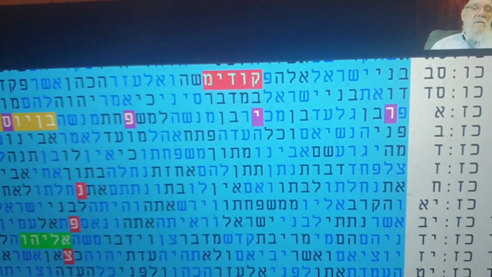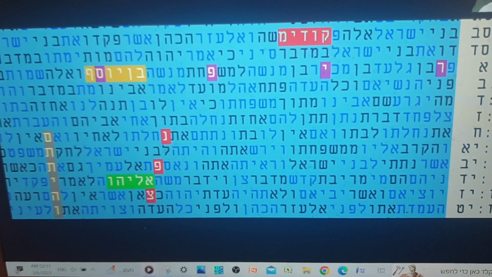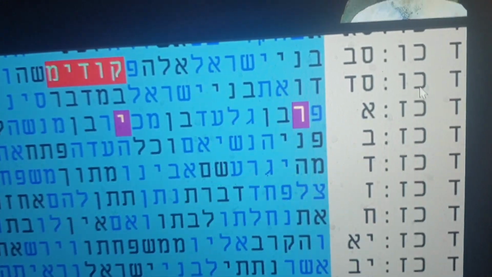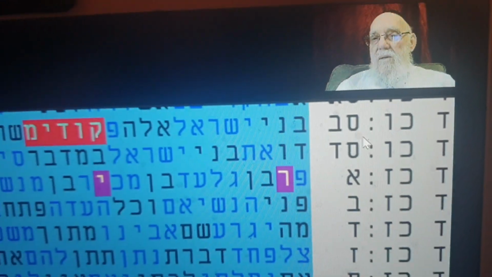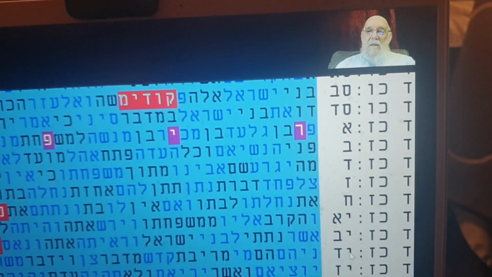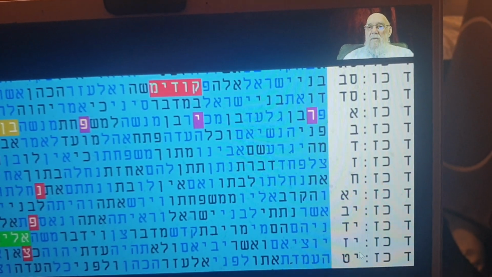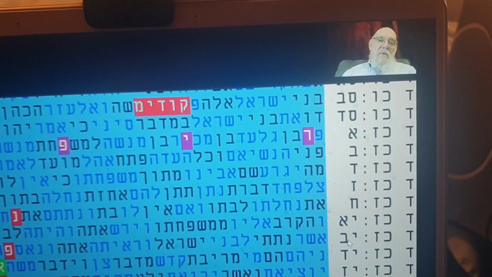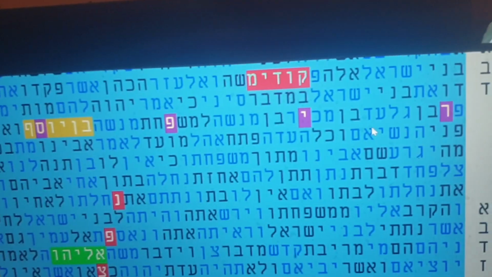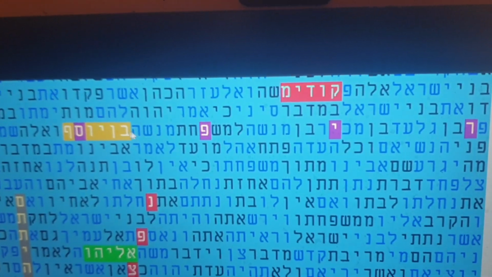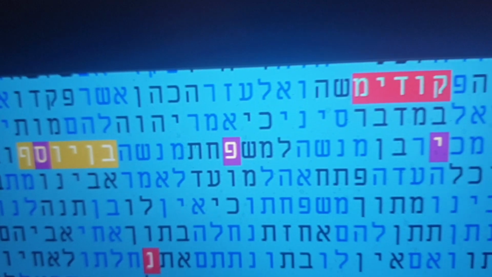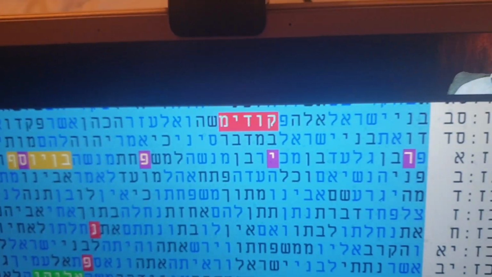Unbelievable table also. Why? The first thing is that it appears in one book, Numbers, from the end of chapter 26 to chapter 27. What do you have here? You have here Rips, Professor Rips, and the son of Joseph, exactly what the Vilna Gaon said, brought in the book